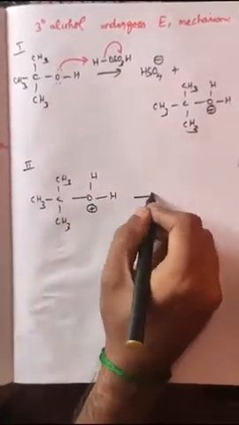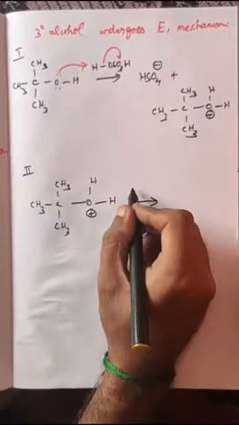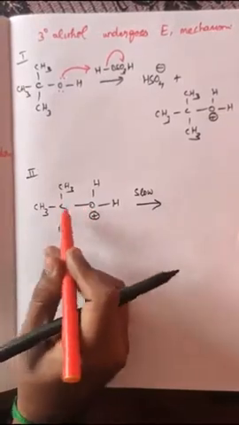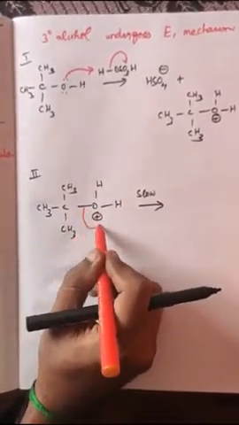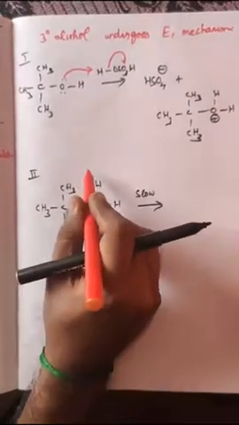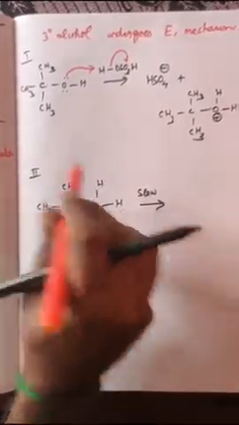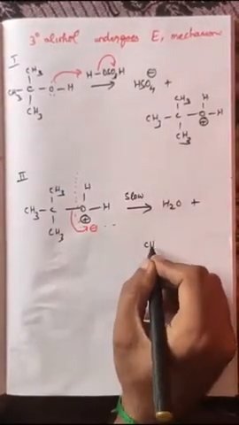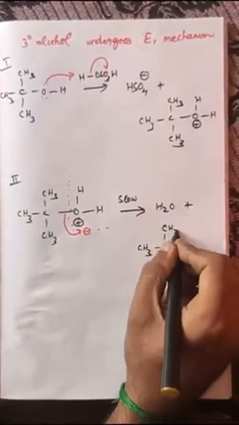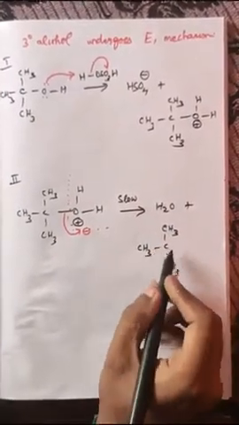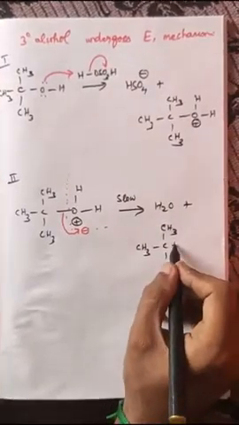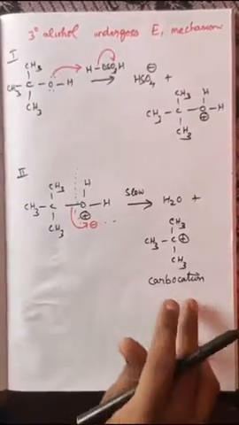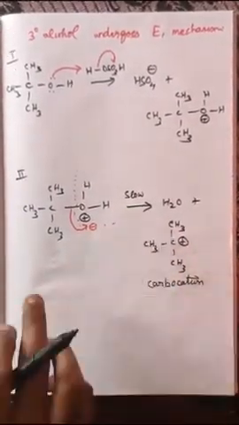Positive charge. Here what is going to happen? It is a slow step. The bond connecting carbon and oxygen will get cleaved and comes down as a negative charge. So plus and minus will get cancelled and the water molecule alone will get eliminated. Water molecule gets eliminated. What is remaining? This species, CH3 bond C, CH3 bond CH3. Usually the carbon will be surrounded by 4 bonds, but here we have only 3 bonds, so there is a positive charge. It is called a carbocation. Usually the formation of the carbocation is the slowest step and it is the rate determining step.